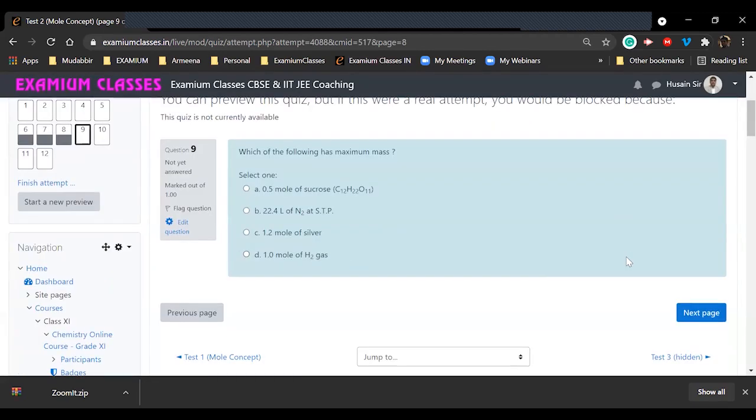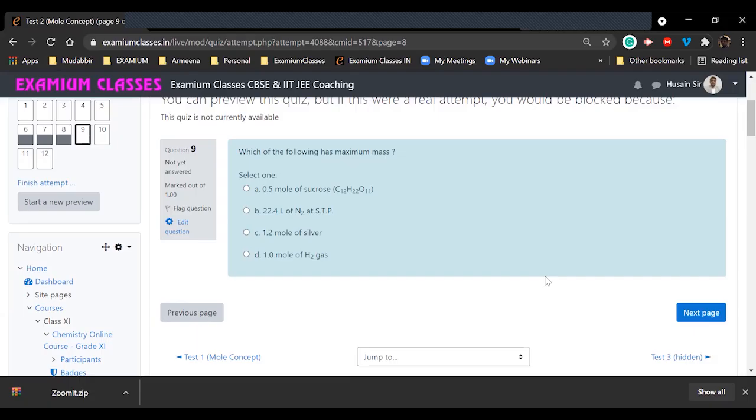Now the next question. Which of the following has maximum mass? So this is something where you need to convert moles to mass. Convert these to moles if not given and multiply by molar mass. So this one is at least easy, what I am considering. So the first one will be